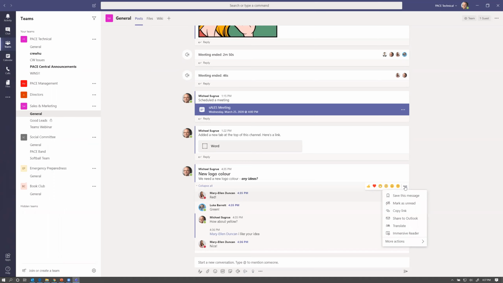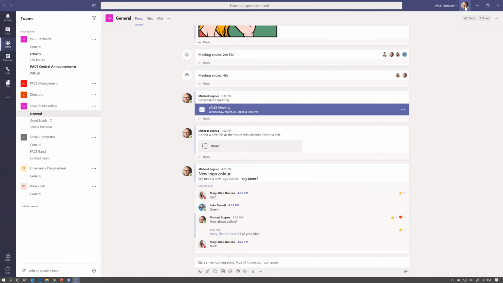So if I click this little menu here, one thing I can do is save this message. I'll show you what that looks like right now. So if I just click on save this message, if you look up here right near my account, you see this little tag that says saved.